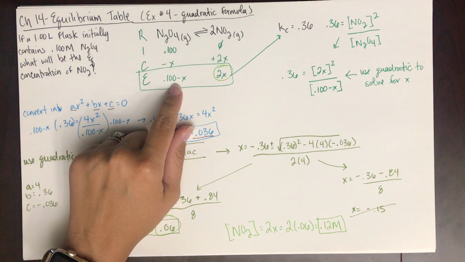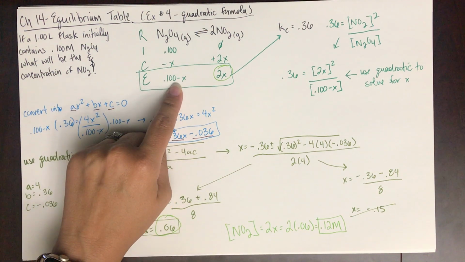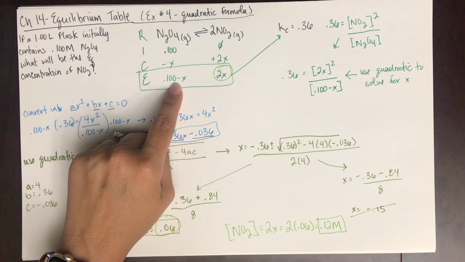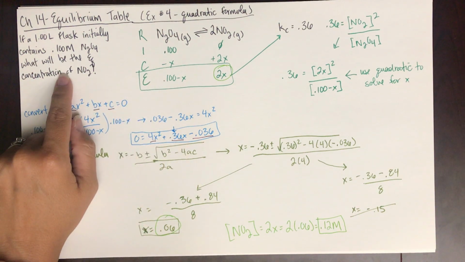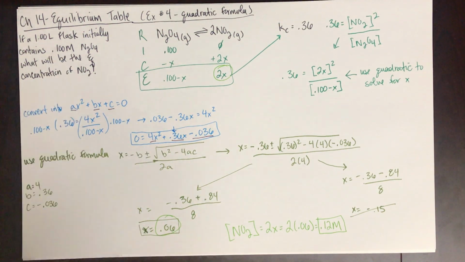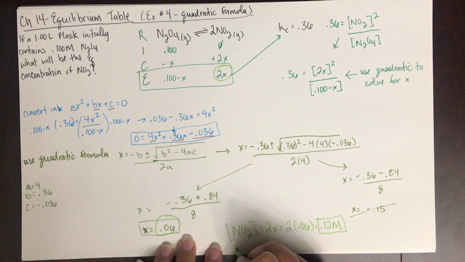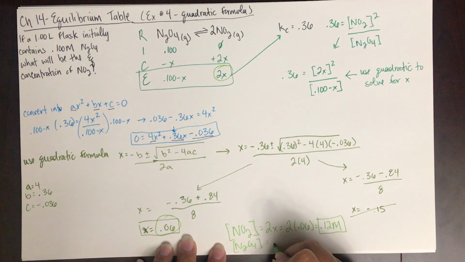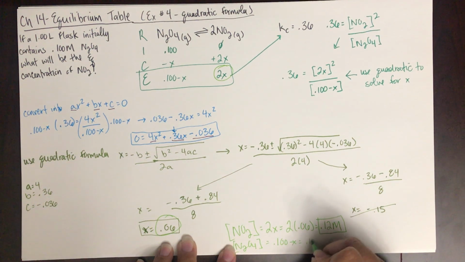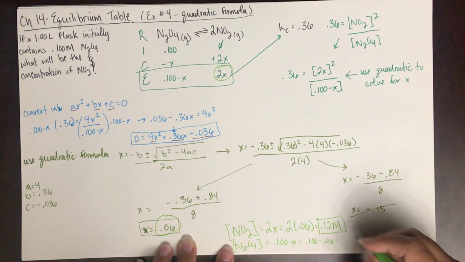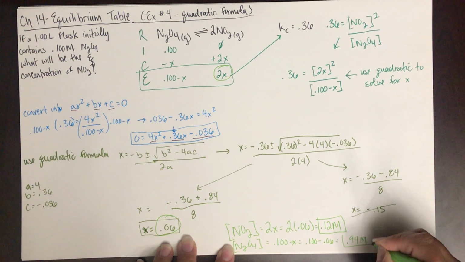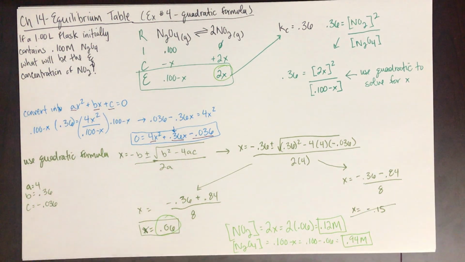The question did not ask for the molar concentration of the dinitrogen tetraoxide. It just asked for the concentration of nitrogen dioxide, but we can go ahead and solve for that too. N2O4 is 0.100 minus x, which would be 0.100 minus 0.06, which would be the same as 0.94 molar. Okay,